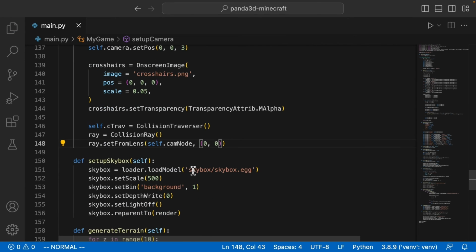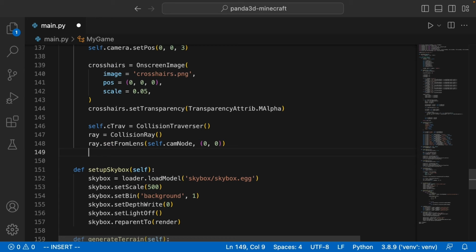That basically tells us that we want the ray to go from the direct middle of our screen, right? The middle is 0, 0. And that should be all we need to do for that. So now that we've set the ray and sort of attached it to our camera, the next thing that we